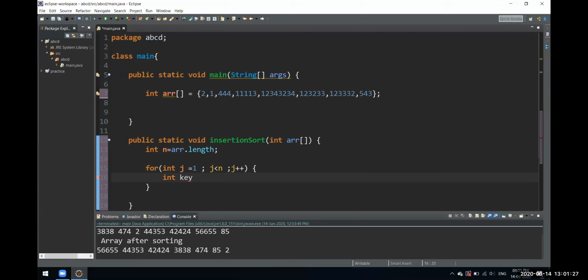So inside this for loop, we'll be defining a variable called key, and key is equal to array's jth element. Like the element at the jth position of that array is our key. Okay, sorry, we have named it ARR only. So yeah,